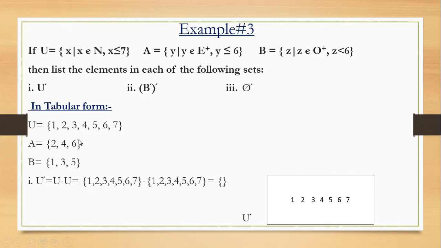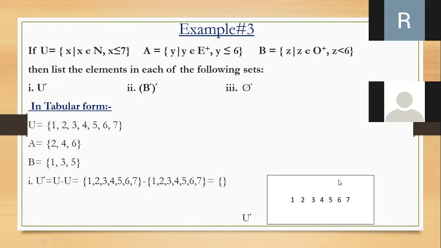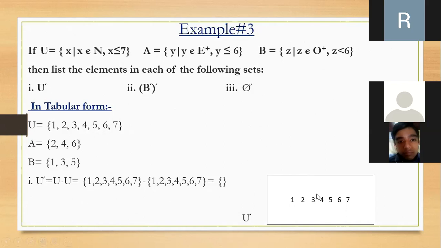Now after converting it in tabular form, the question is then list the elements in each of the following sets. First of all, we have to find U dash. U dash means U minus U. First copy down the elements of set U, then minus, copy down the elements of set U again, because U dash means U minus U. Okay, after cutting,